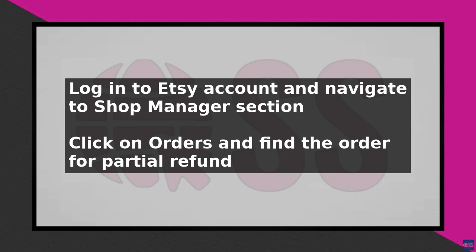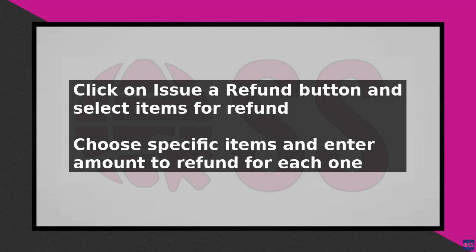Click on the order to view its details, and then click on the Issue a Refund button. This will take you to the refund page, where you can select the items for which you want to issue a refund. Choose the specific items and enter the amount you want to refund for each one. Make sure to only refund the amount the buyer is due, as over-refunding can lead to issues with your shop's